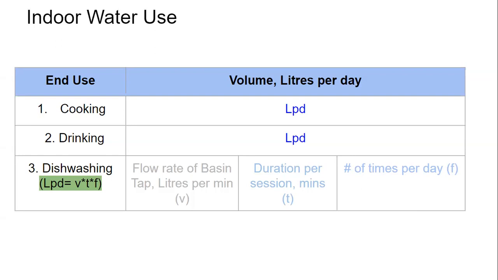And once you understand how much water is coming out in liters per minute when you open the tap while washing the dishes, we also want to understand how much time is being spent washing dishes, because the duration for which the tap is kept open during the dishwashing session will determine how much water gets used. So we ask the question on the field, how long is your dishwashing session generally?